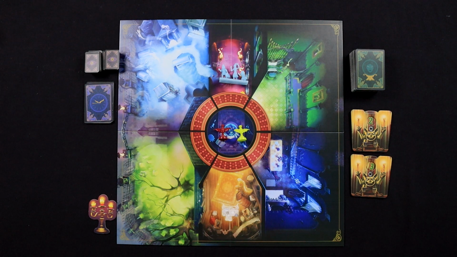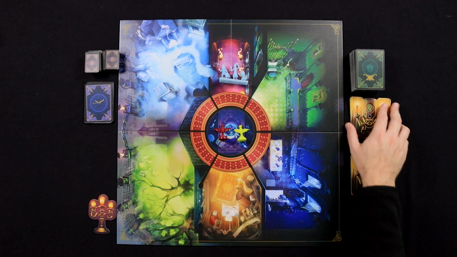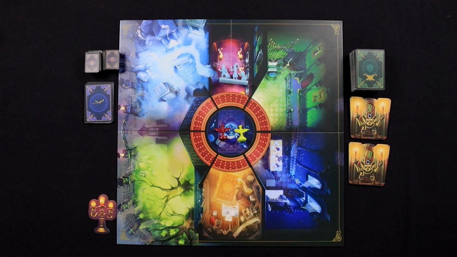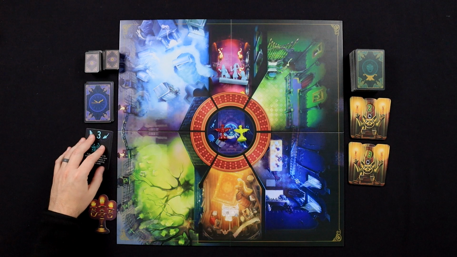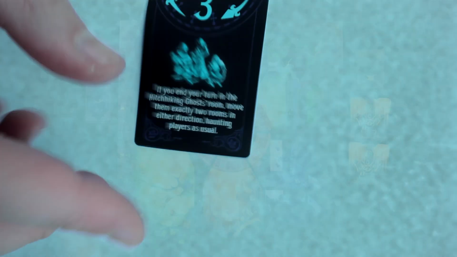Now I have this set up for a 2-player game. I think it plays better at a higher player count. However, it's easier for me to keep up with as we go. So the first thing we're going to do is the event phase. For the event phase, we're going to flip over an event card. This is going to show us,